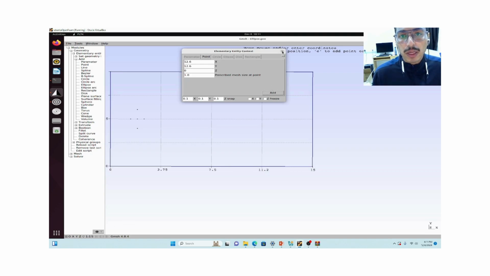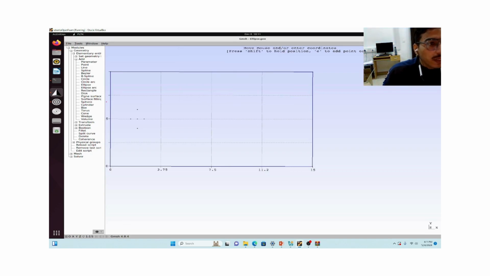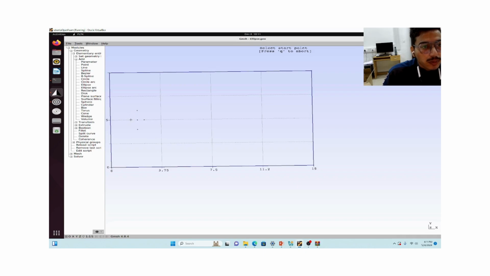So we will make now ellipse from these points. To make ellipse, we will choose ellipse arc. So first we have to choose start point. This is our start point, and we have to choose center. This is our center. Now we have to choose a point on major axis. This is the major axis and this is the end point. So same like that again, this point, center point on major axis, and on this point,